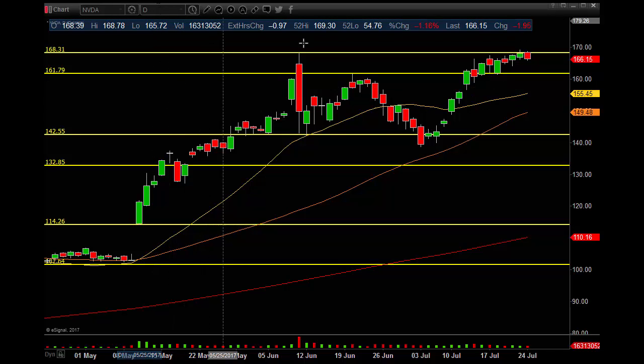Alright guys, NVIDIA daily chart, 16 million, that's pretty much been the volume for a while now. Still grinding guys, we got above the 20, got above this pivot. We talked about it just kind of stalling out at the pivot high and just going sideways into earnings guys. So NVIDIA is on 8/10, so we got a couple weeks away still on this one, but we had Google